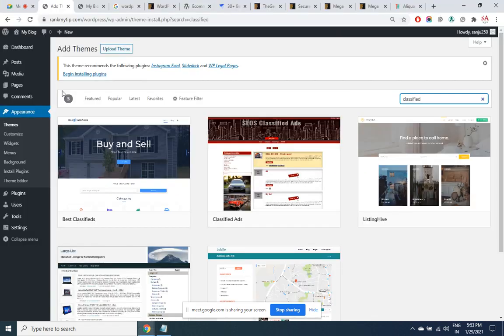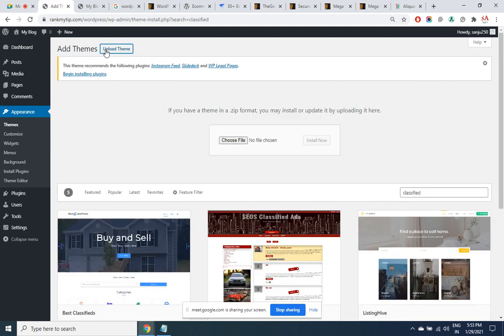Alright, so here I click on upload theme, choose a file. Any theme that you have downloaded will get downloaded in a zip file. In Blogger, we had to extract it, copy the XML code, come back to theme HTML and replace the existing code with the copied code. That was a little complex because we had to work with the code. Here, you can upload that zip file as it is, whichever theme you have downloaded.